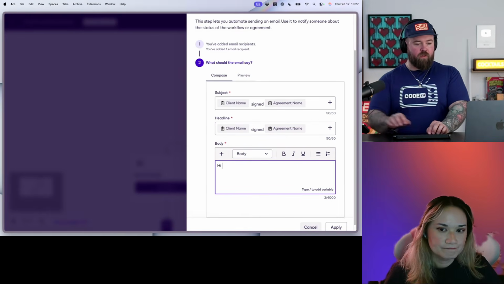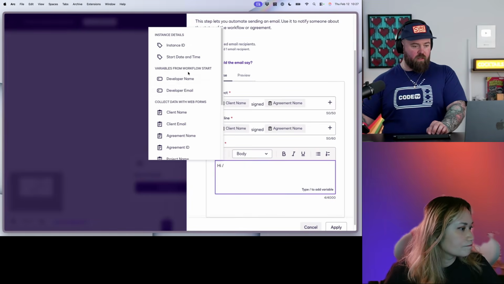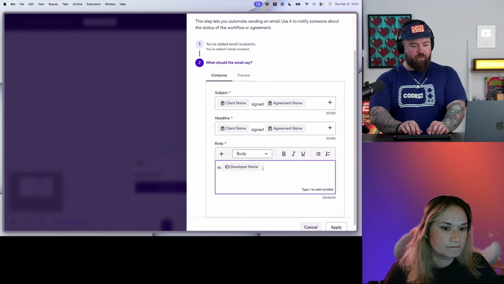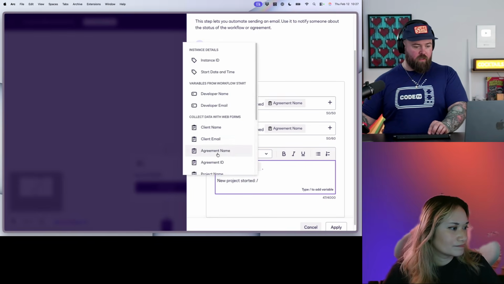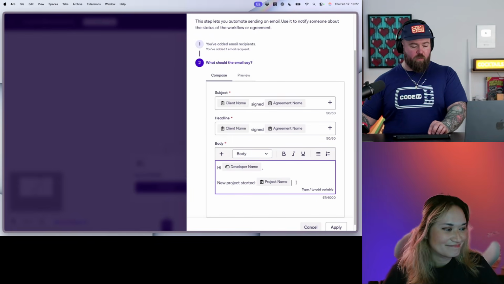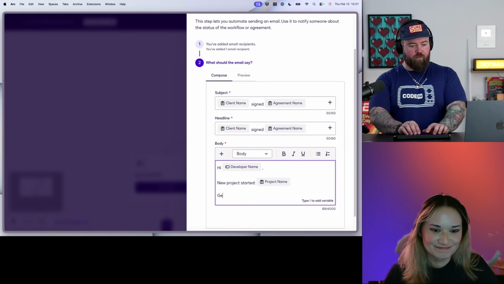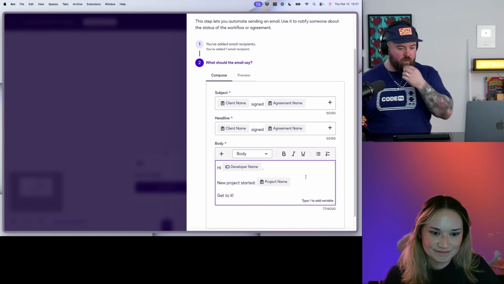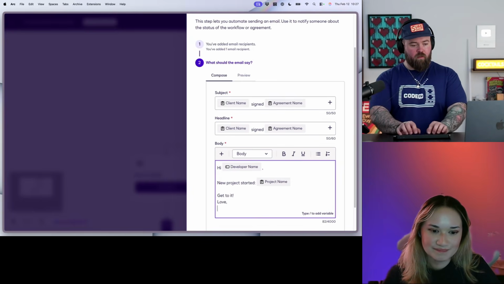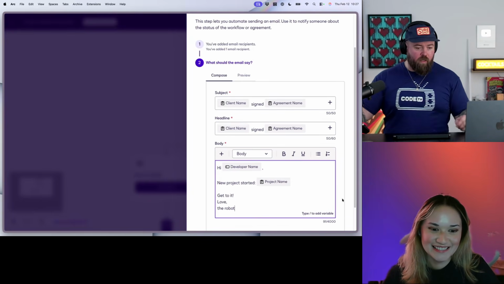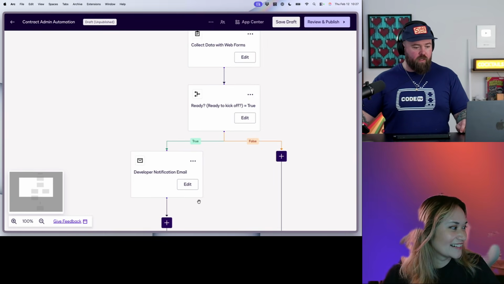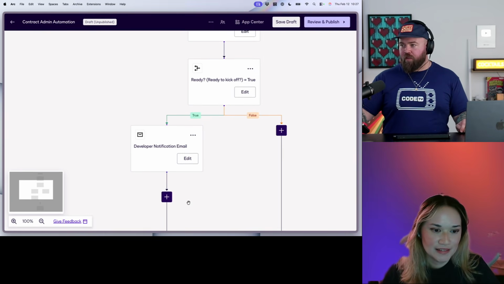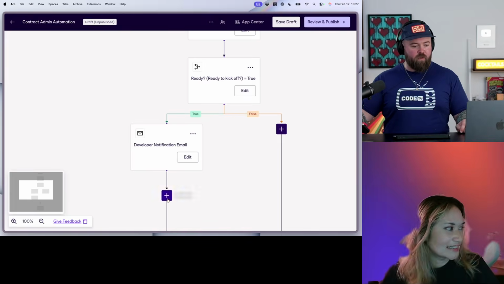So we can do like a hi developer name, new project started, and I think maybe just something super simple here. Get to it. Yep. Okay, so that's one, and then two, I assume, is like let the client know that things are moving.